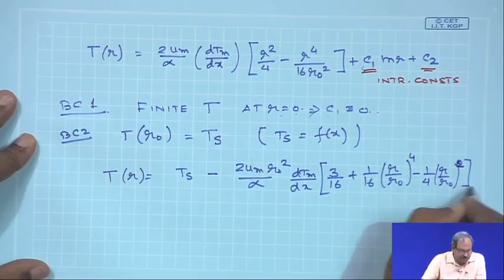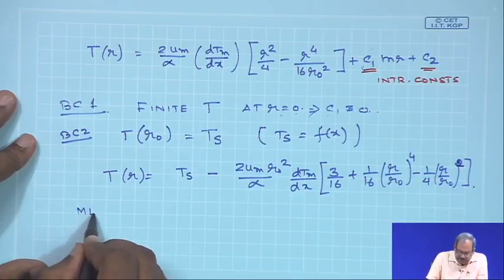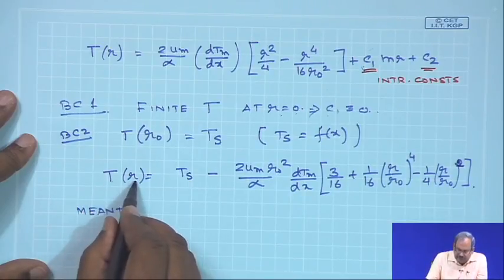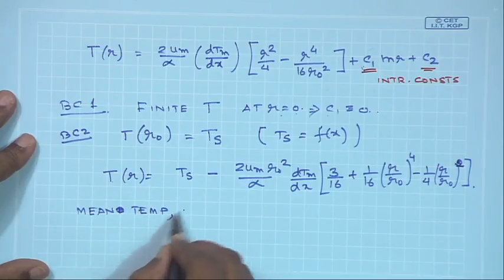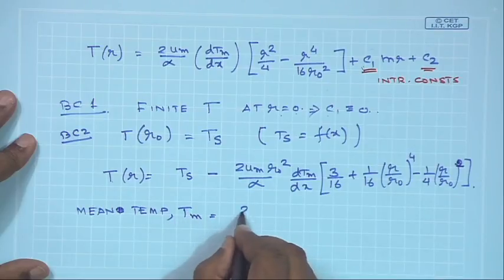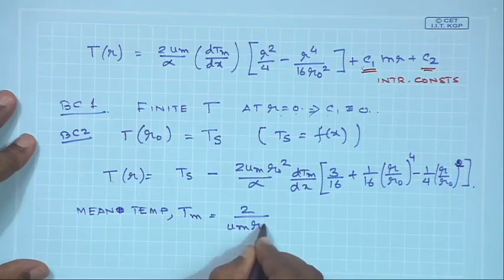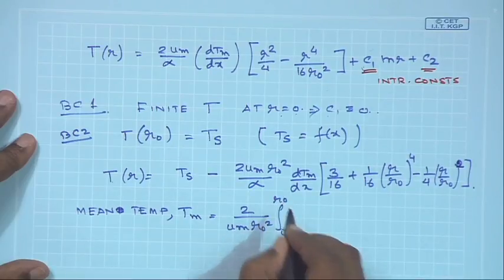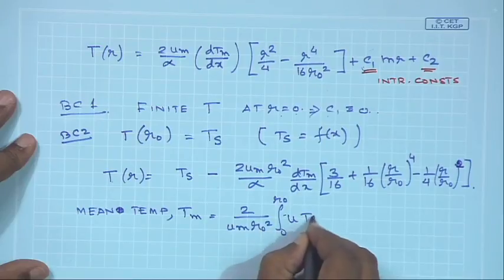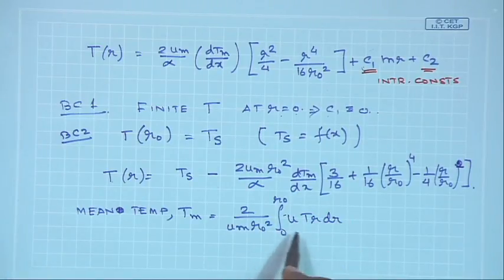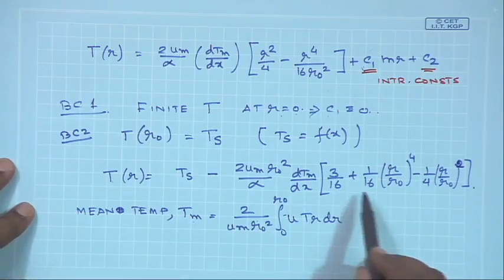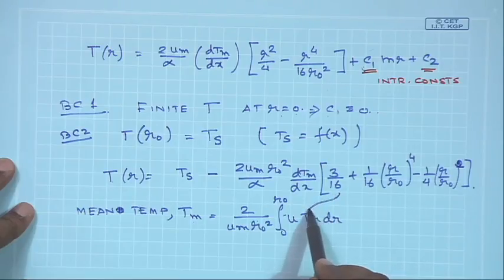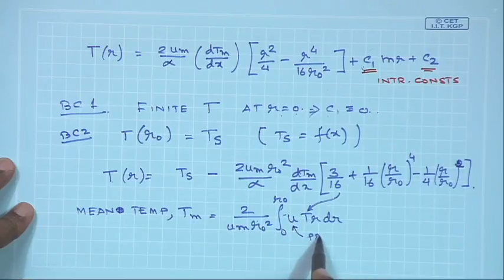So, this is square. The mean temperature, this T is a function of r. So, if I need to find out what is the mean temperature, which we are calling Tm, it is given as twice by r 0 square, integral of u T r dr. This we have derived before. Please look at your class notes. I think in the class before the last I showed you that the mean temperature is this. So, what you have to do is then substitute this T in here. The parabolic distribution is going to, so this is going to be parabolic,